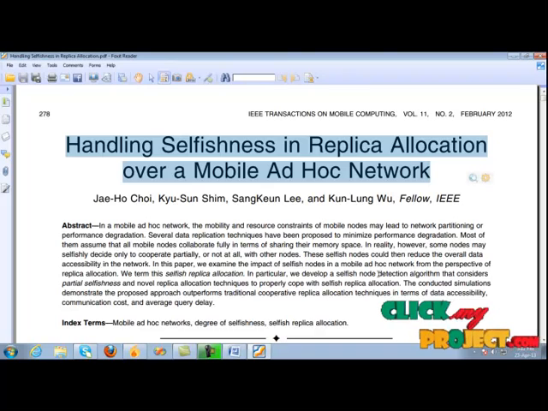These selfish nodes could reduce the overall data accessibility in the network. In this paper, we examine the impact of selfish nodes in a mobile ad hoc network from the perspective of replica allocation. We term this selfish replica allocation. In particular, we develop a selfish node detection algorithm that considers partial selfishness, and a novel replica allocation technique to properly cope with selfish replica allocation. The conducted simulation demonstrates the proposed approach outperforms traditional cooperative replica allocation techniques in terms of data accessibility, communication cost,